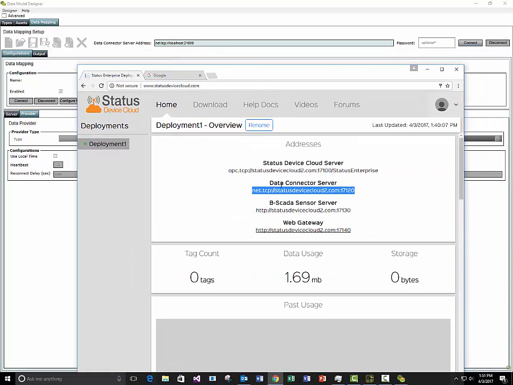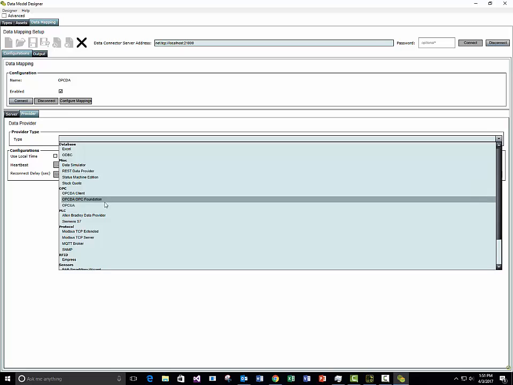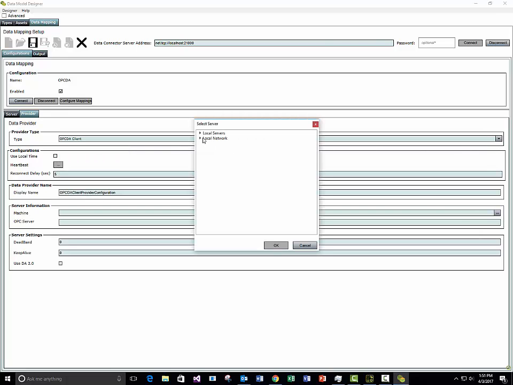We don't want to use the data connector service that's inside Status Device Cloud. We want to use the one that's local. And we're going to connect to that data connector service. And we're going to create a new configuration called OPC-DA,